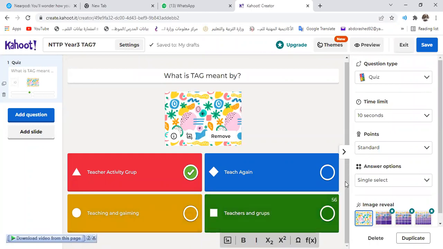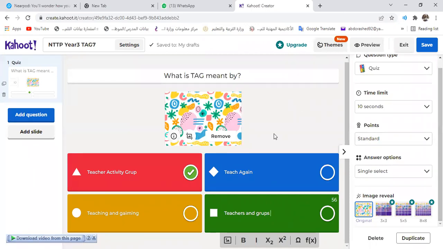This is, for example, I have finished. So I can add another question by pressing this icon, add question, and I can add slides if I have already made slides. After I have finished making as many questions as I want, and giving the right answers,